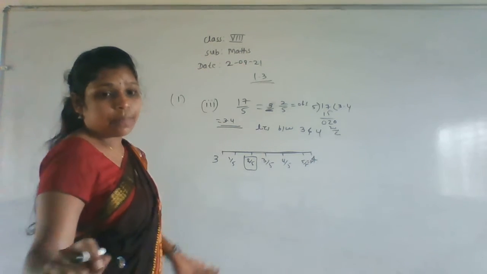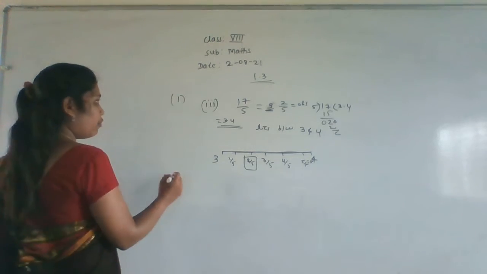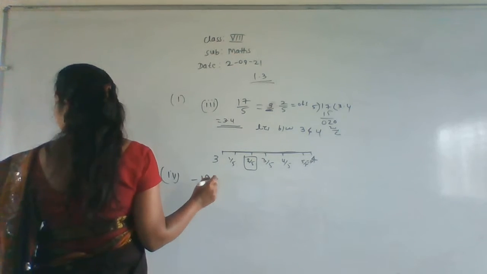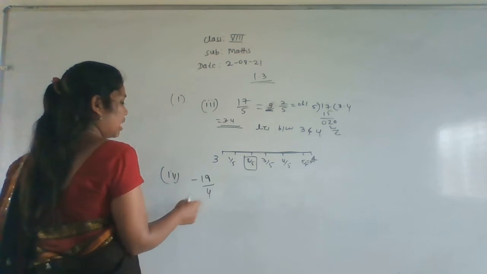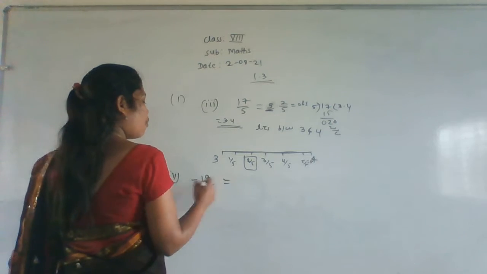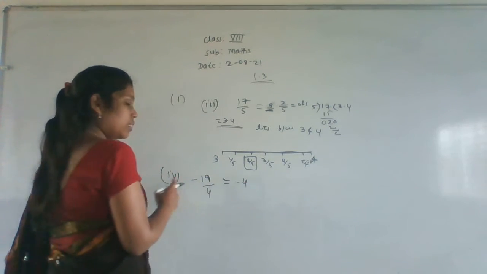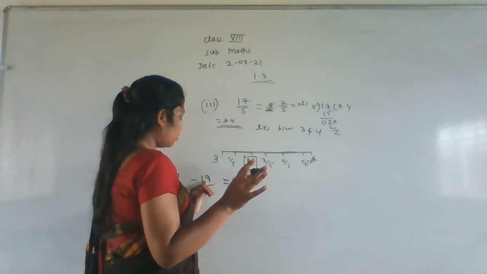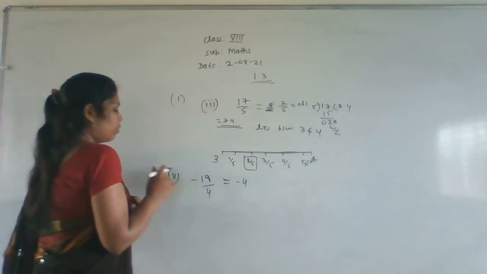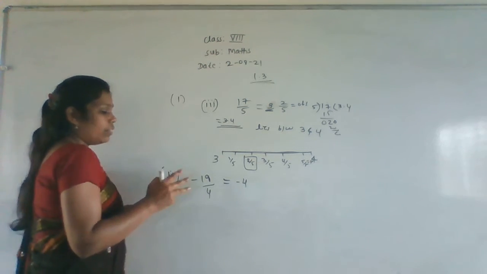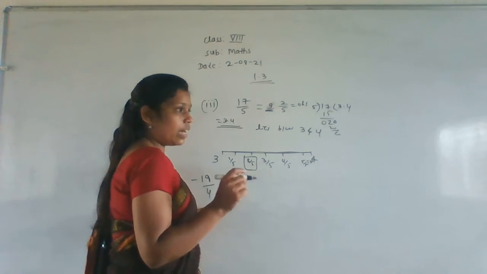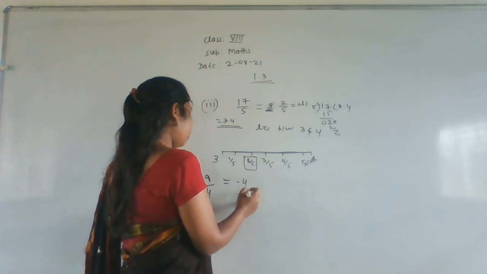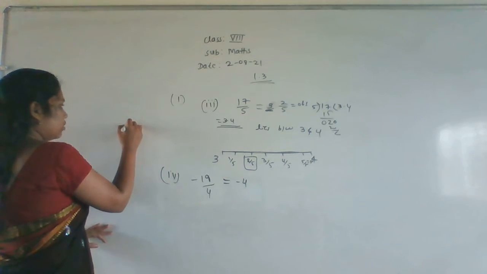Understanding everyone? Yes. So now we'll go with the last one, the fourth one. That is minus 19 by 4 given. Right? Minus 19 by 4. Same. So now here 4 4s are 16. Right? 4 4s are 16 means left with the 4. 4 4 16. Yeah. 3 left, sorry. 3 left means point to 3 we will get 30 and 4 6s are 24, 4 7s are 28.